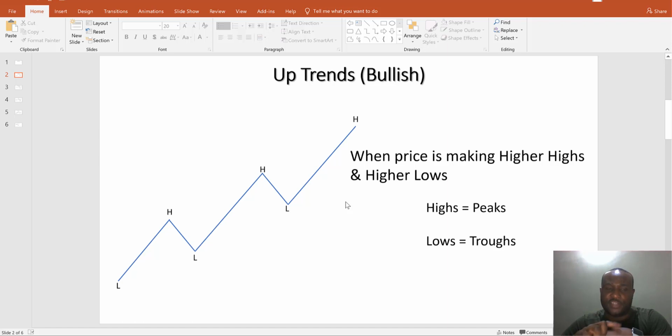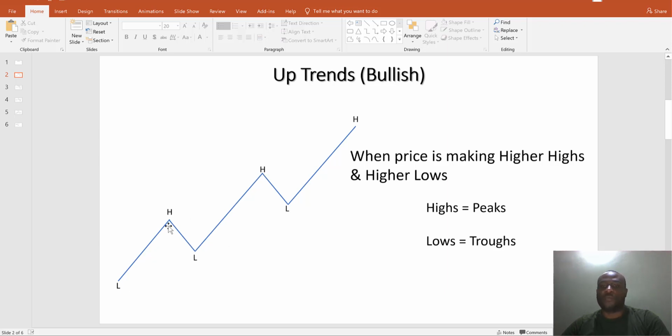So how do you define trends? Very simply, you define trends by when price is making higher highs and higher lows. Now, if I trace the action of price when it is ebbing and flowing, highs will be the peaks, like the peak of a mountain. So in this sketch here, those will be the peaks,